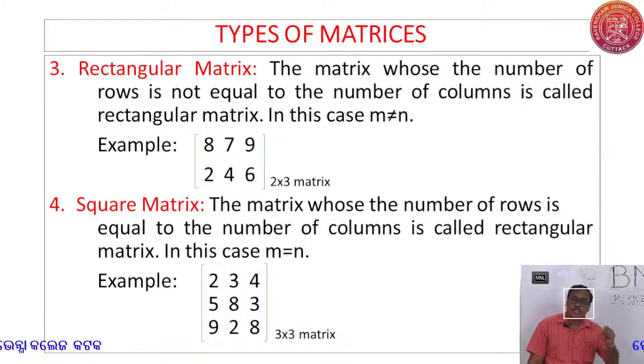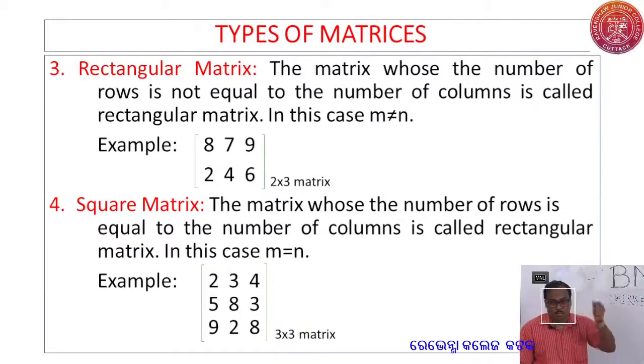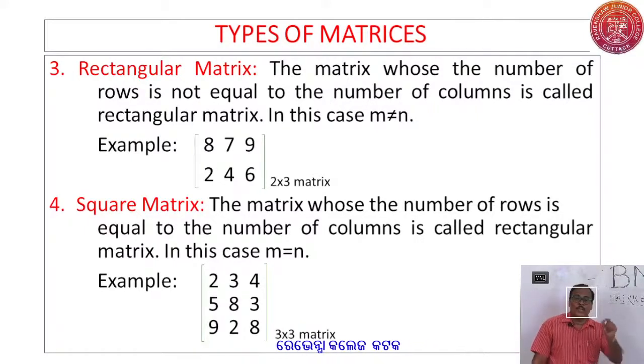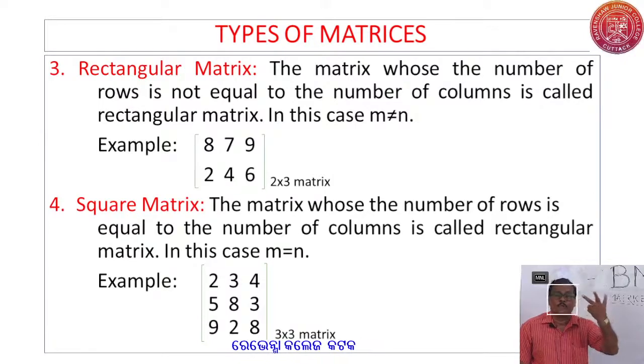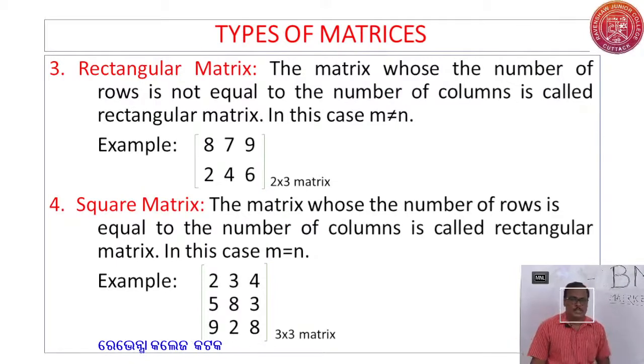So remember these two; they are opposites, like the row matrix and the column matrix. In a row matrix there is only one row, but in the column matrix, opposite to that, there is only one column. Likewise, in the rectangular matrix the number of rows and columns are not equal, and in the square matrix they are equal. So these are opposite types of matrix. Then comes the next slide,